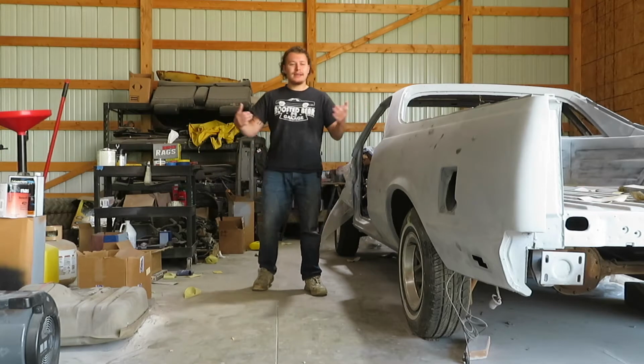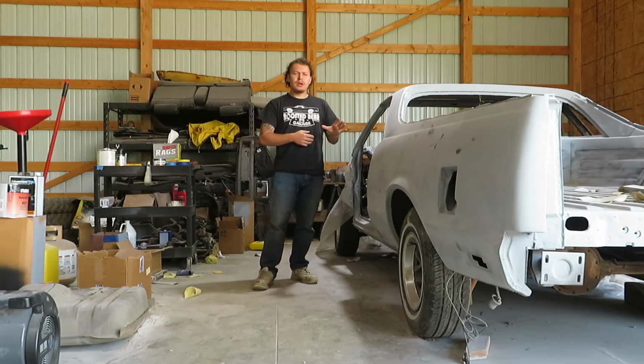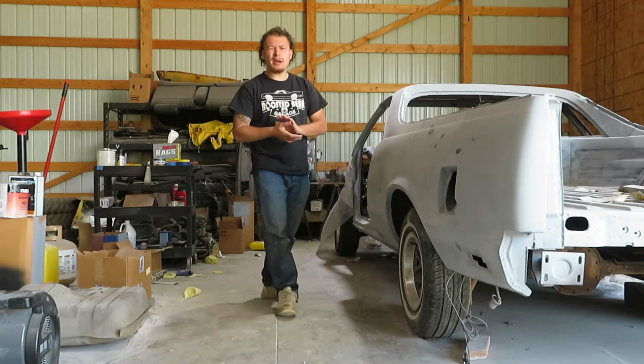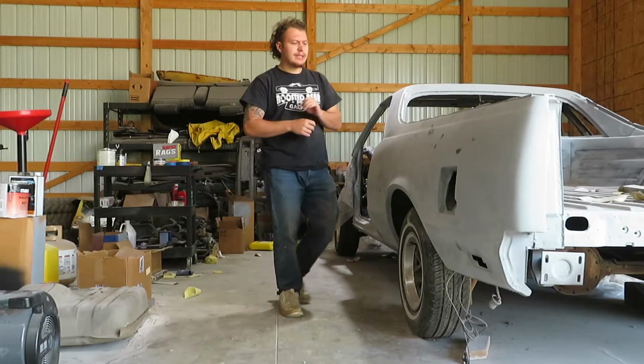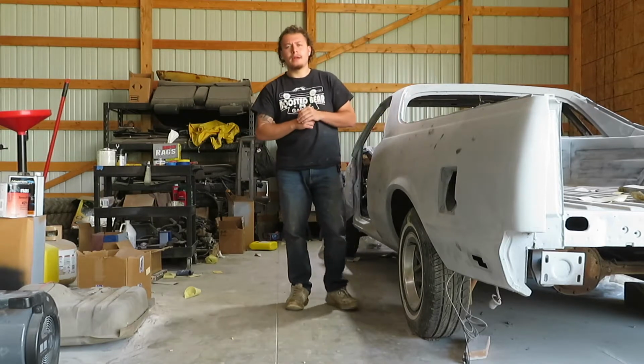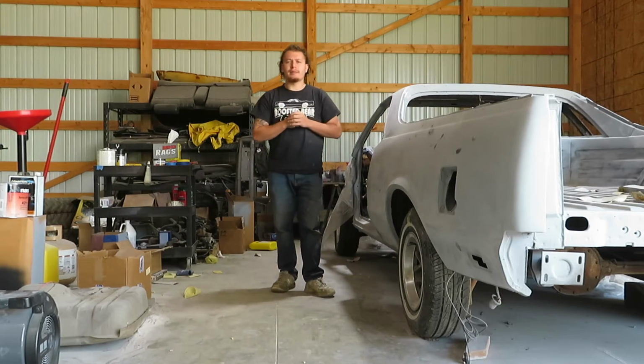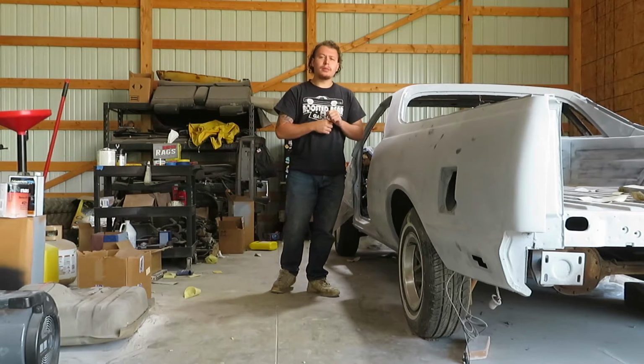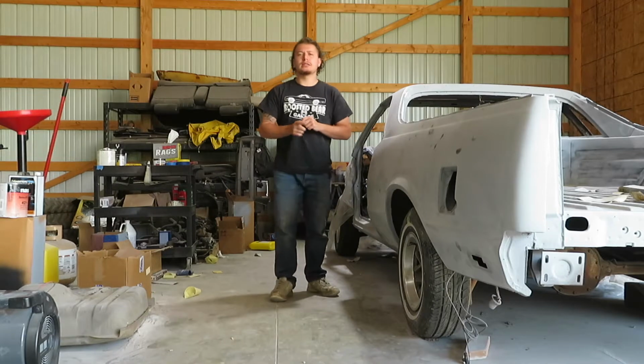Welcome back, guys. In this episode, we're going to be getting ready to fix all this little body work we have. We have about 7 imperfections. This side's a lot worse than the other side. But we've been doing a lot off camera, trying to get this thing ready for paint. Because once it's ready for paint, we're going to go underneath and start getting ready for that